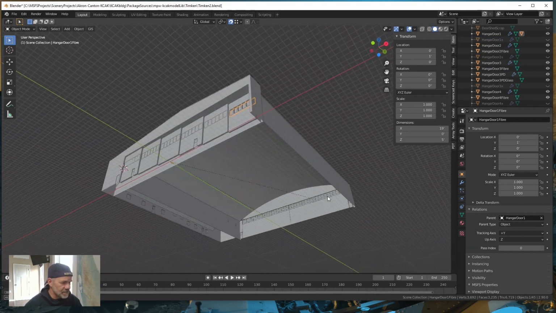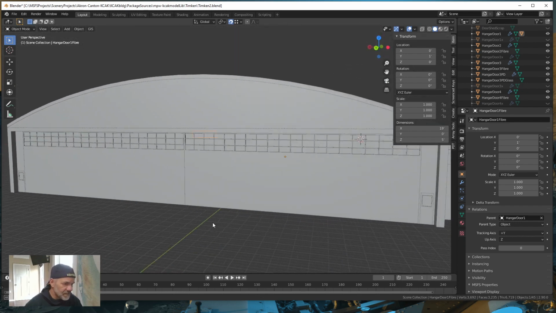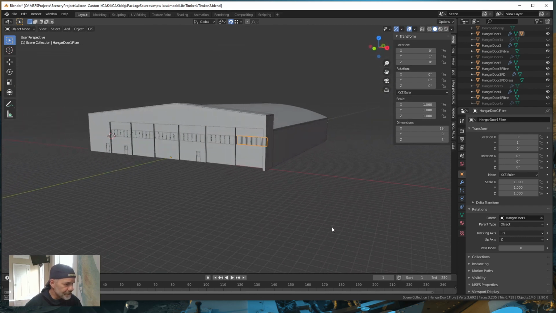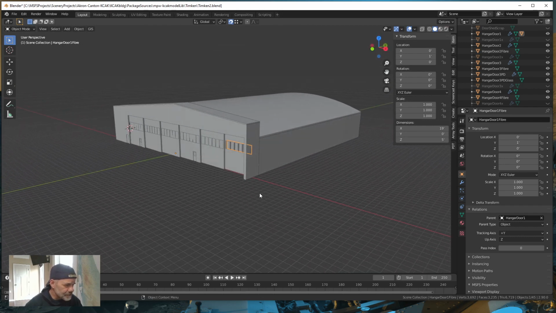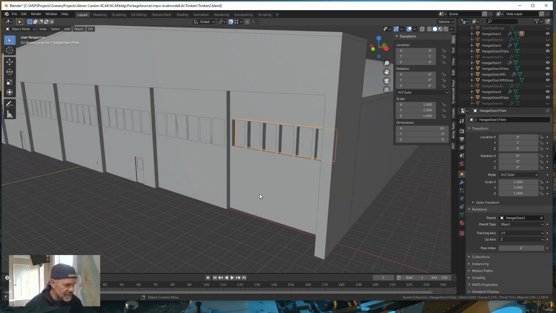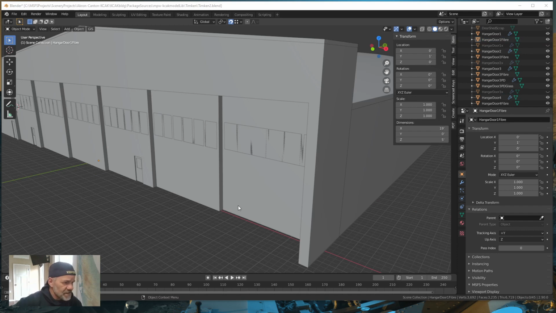Did that work? I'm not sure if it worked or not. I think it put it on the wrong side of my building. Oh, it inset. Okay. So let's undo that for a second. Before we